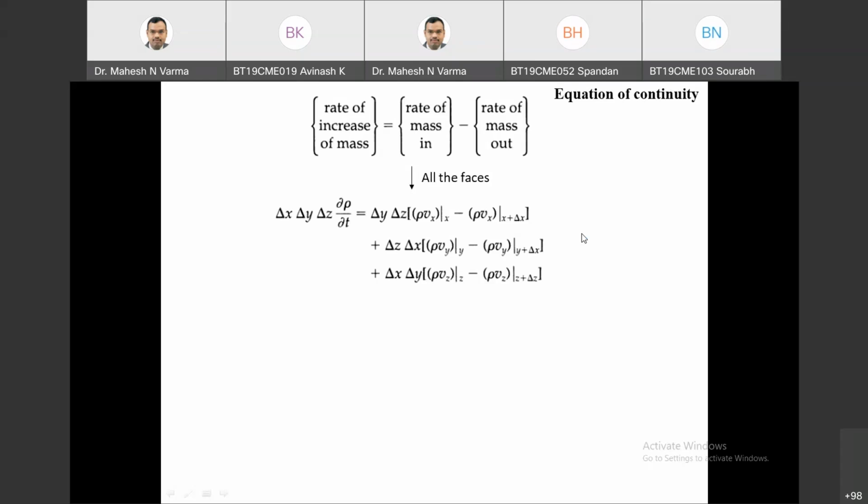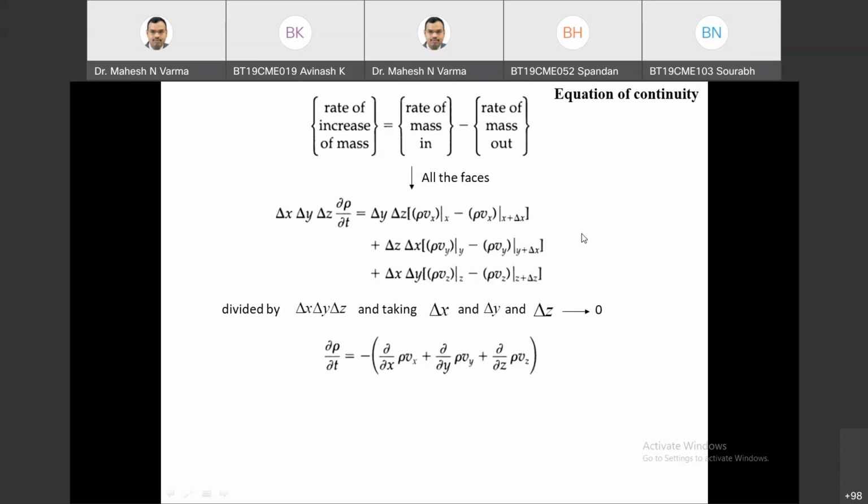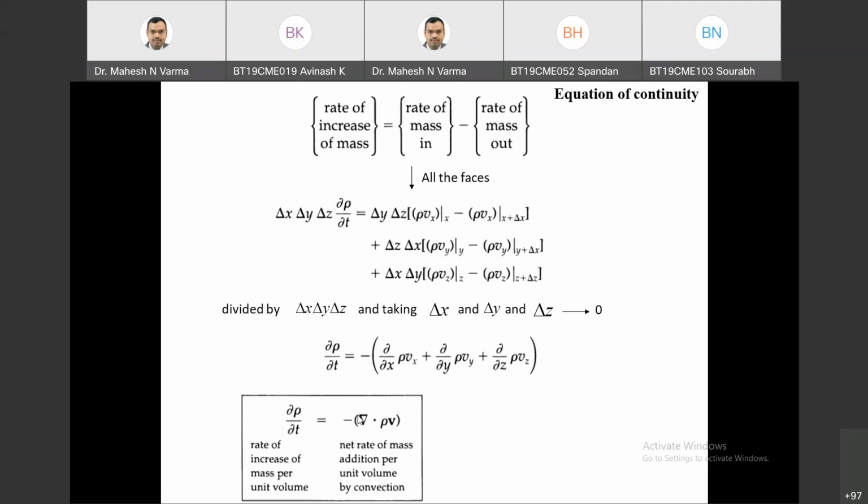Rearranging all these equations and dividing this equation by delta x, delta y, delta z, and as delta x, delta y, delta z tend to 0, and using the definition of derivatives, we'll be getting this equation. This is the first form of the equation of continuity. This can be written in compact form. So d rho by dt equals minus del dot rho v,